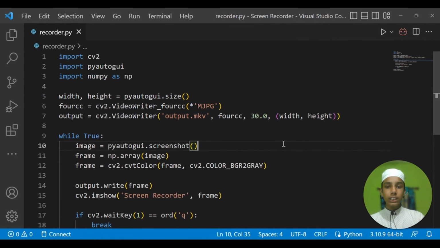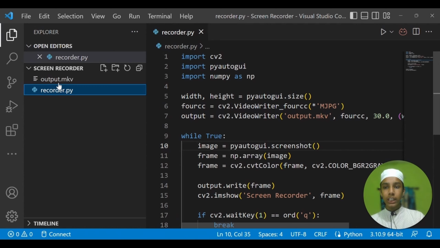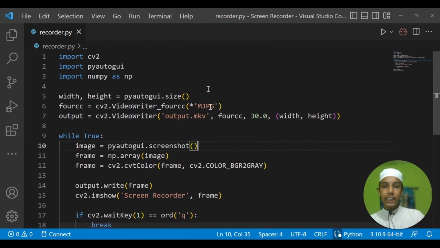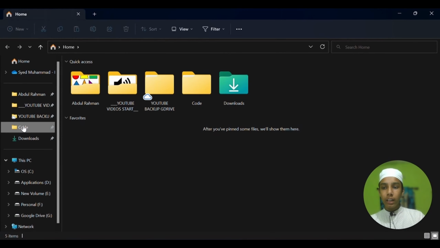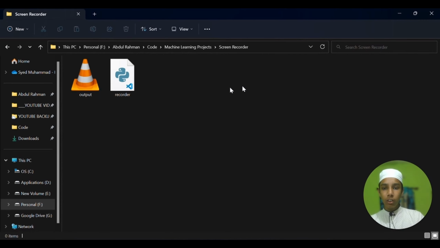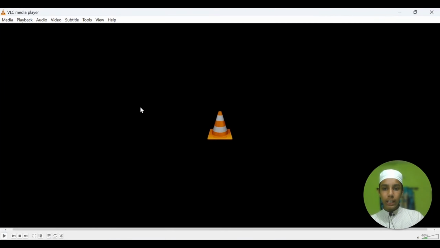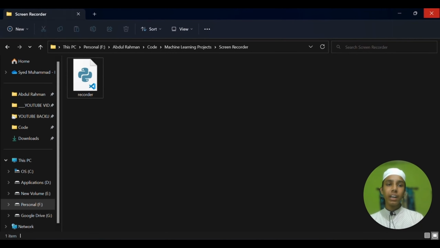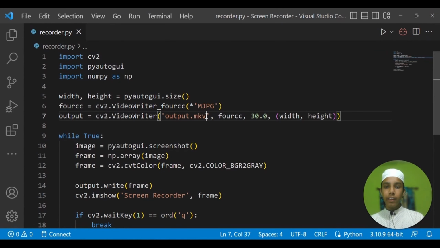Okay, now this video will be saved here. If you see output.mkv, it's not going to open from here. Let's open it through the VLC media player. In the code, machine learning projects, we have the screen recorder. Now I'm going to open this here and it's not opening. I think MKV is not going to work, but let's check